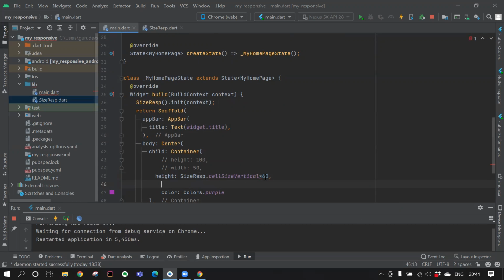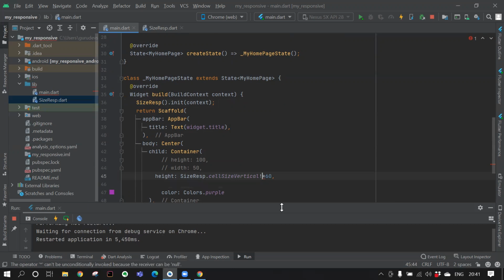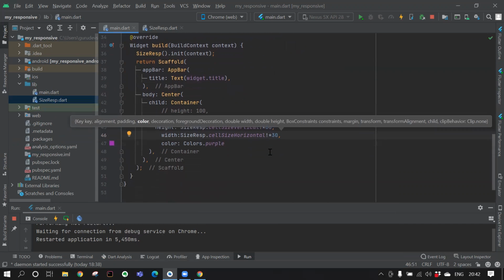The error that we are getting here is because it is showing this cannot be null. So first we need to check whether it's null or not. So I'll just put an exclamation mark. Now I am placing this width as size rest dot cell size horizontal. Here also we need to check whether it's null or not. So I'm using exclamation mark into, let's say, 30. We are good to go.